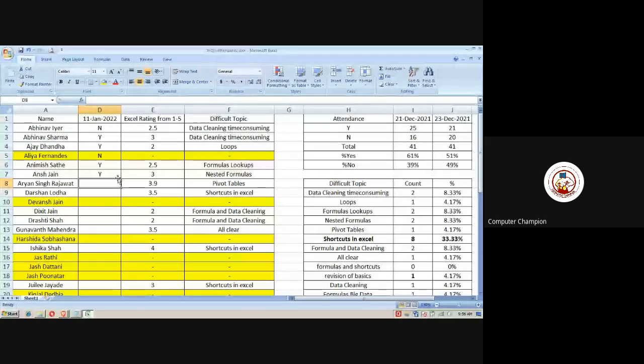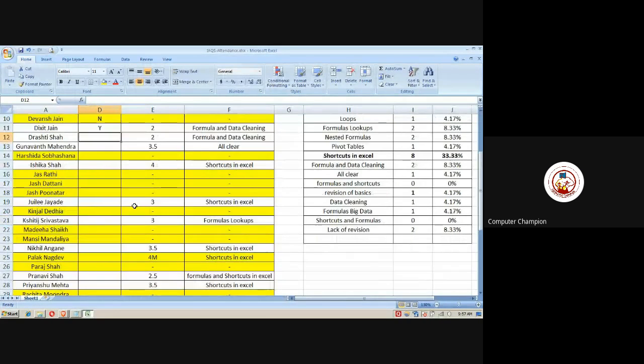Aryan. Present, sir. Darshan Lodha. Present, sir. Devansh, not there. Dikshit. Present, sir. Drashti. Present, sir.